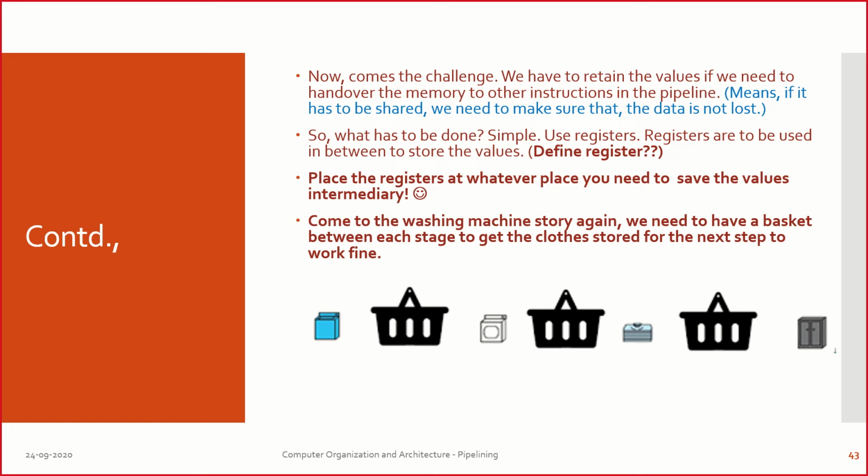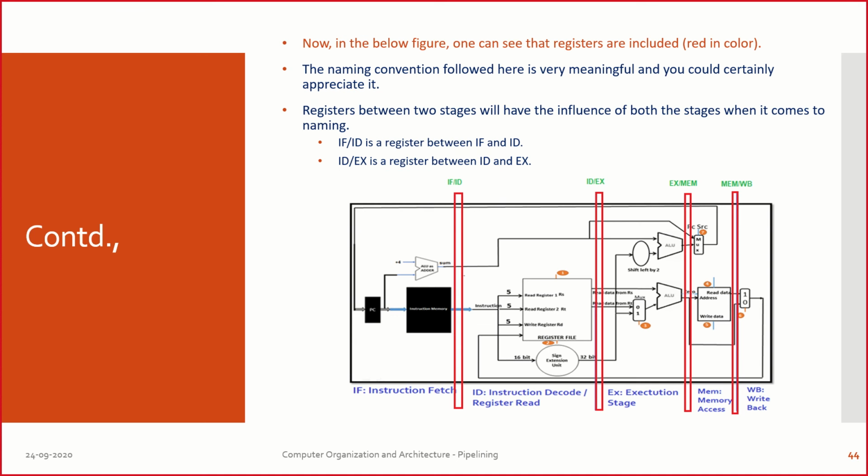And this intermediate stage where we have a storage medium for collecting the results temporarily is called a register, and we are supposed to have registers in between to make sure that the transition from one stage to another goes very smoothly. Otherwise, we may lose the data. So to avoid the loss of data, and to avoid the complexities involved in getting the data from one stage to another, we have to go with registers. Now, how are we going to name registers, sir? How many registers do we have? All this will be discussed right now.